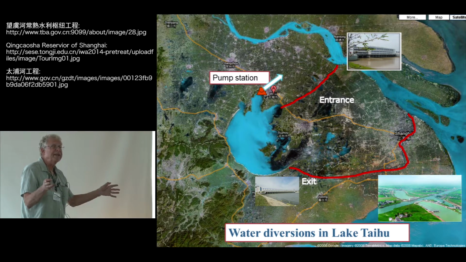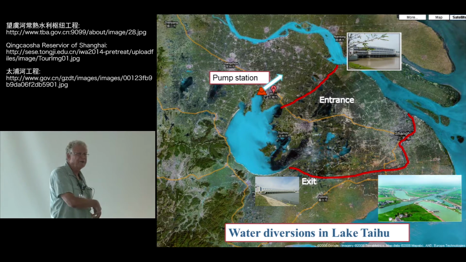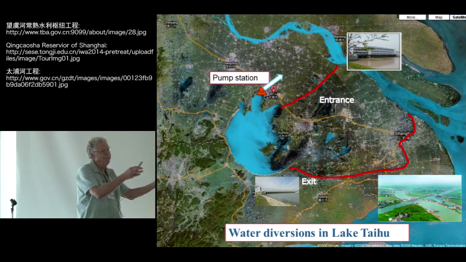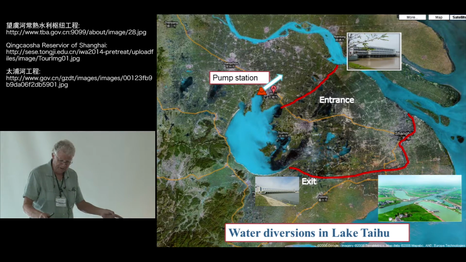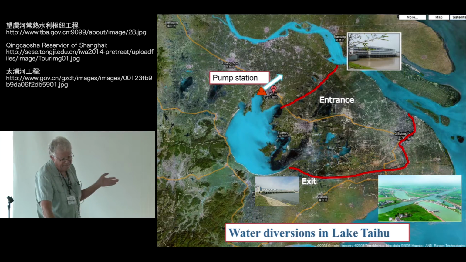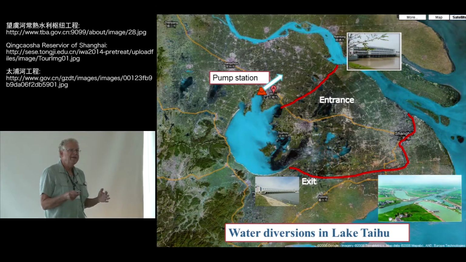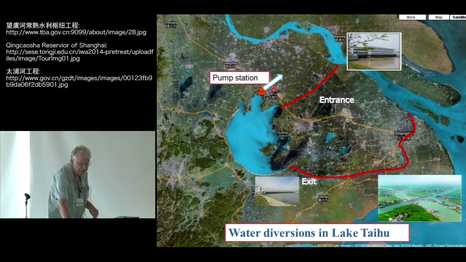So this was the engineer's answer to the problem. Move the water through the lake more quickly, flush the algae out, because we know that cyanobacteria grow slower than the other algae. But there are problems with this. And I wish that 15 years ago, the effort would have been a combined engineering and ecological approach, because the ecological approach was not taken at the same time as the engineering approach.